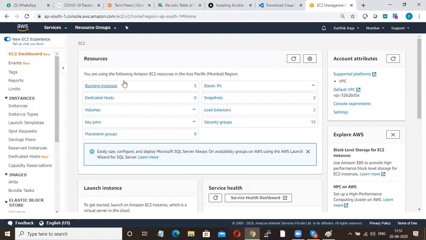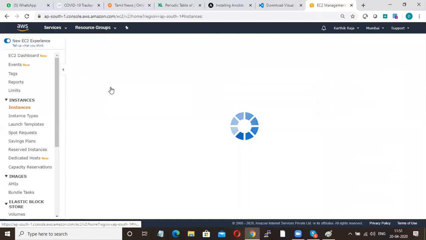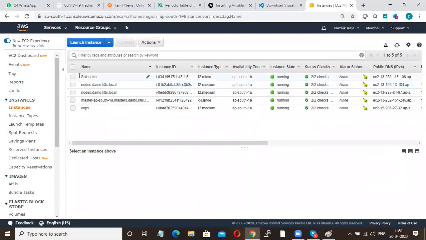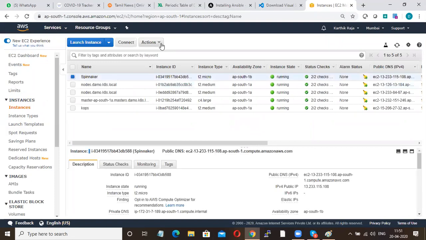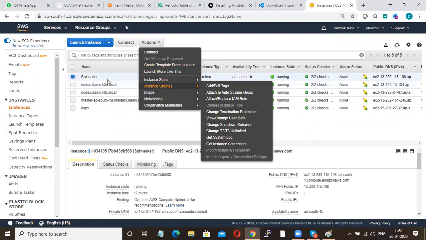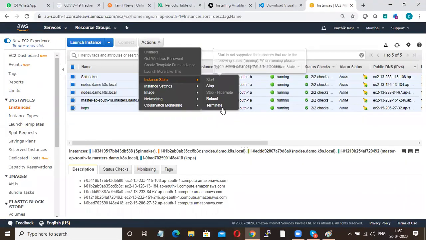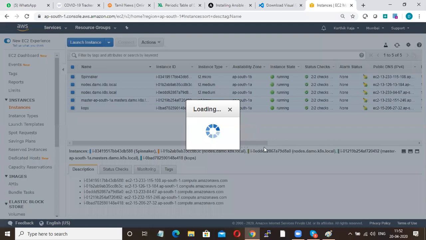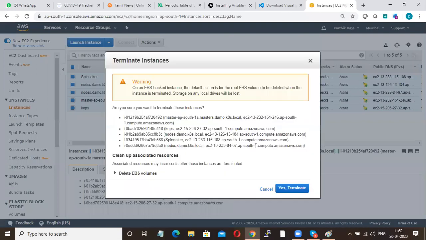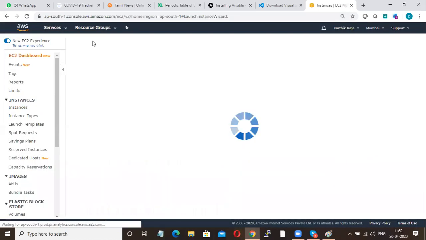Pip is the Python package manager. So just go here.